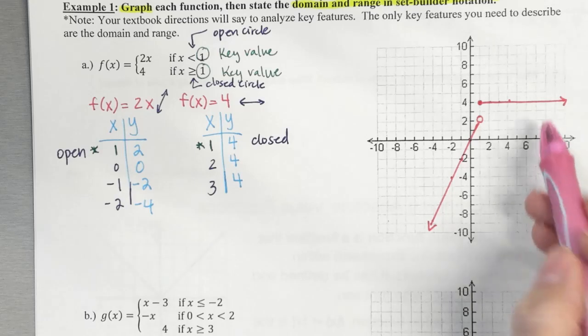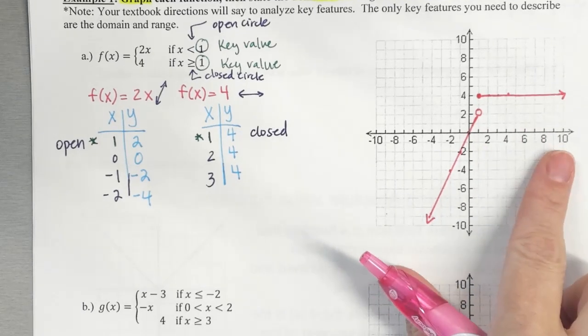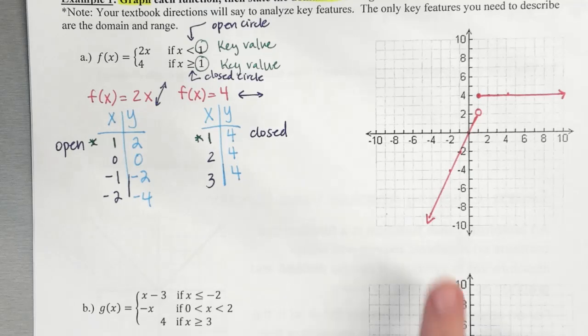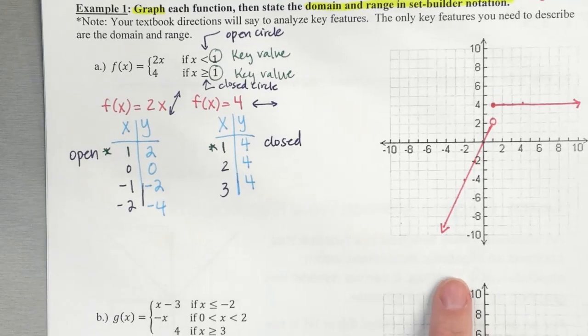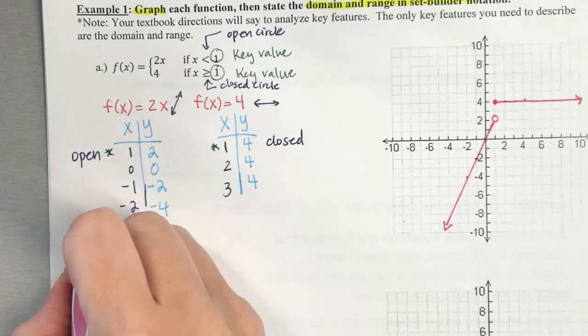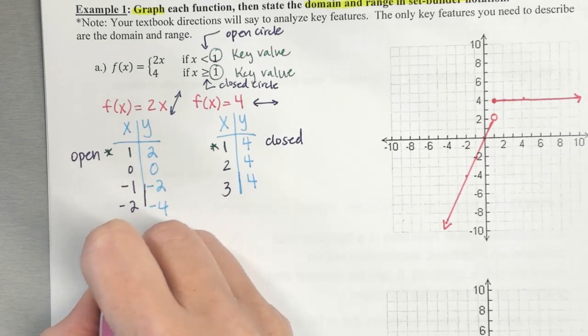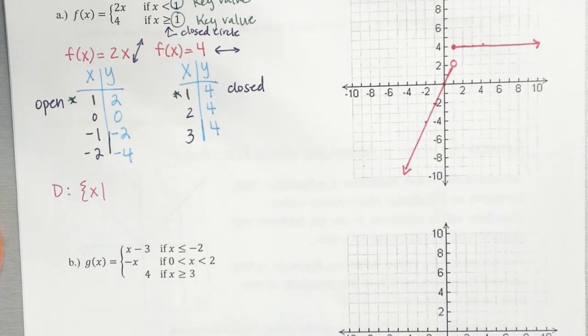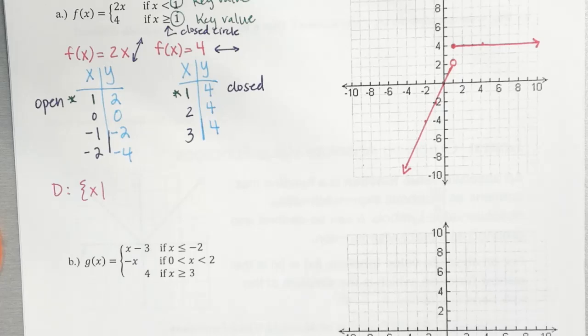All right, and now we're ready to do the domain and range. So this should look familiar to some of the domain and range graphs we've seen before, because this is a function that's neither continuous nor discrete. So we did some of those before. Remember, when you're doing the domain, you're looking horizontally at the x values. A lot of times we did this in interval notation. For this section, we're going to be using